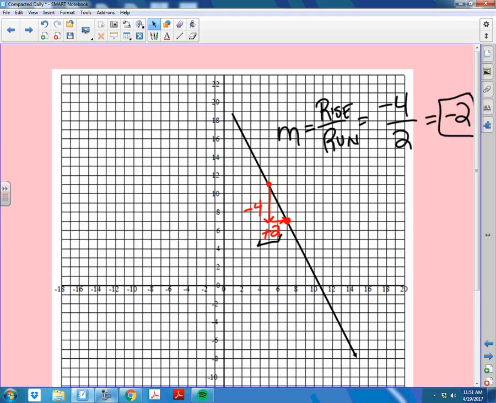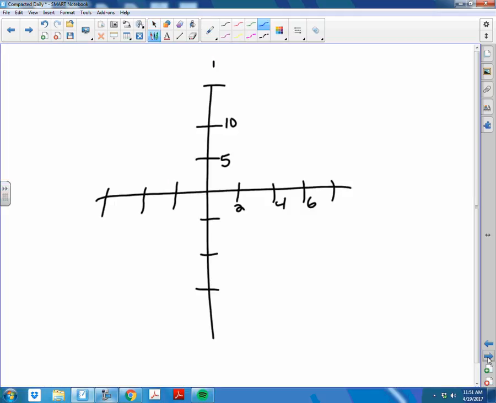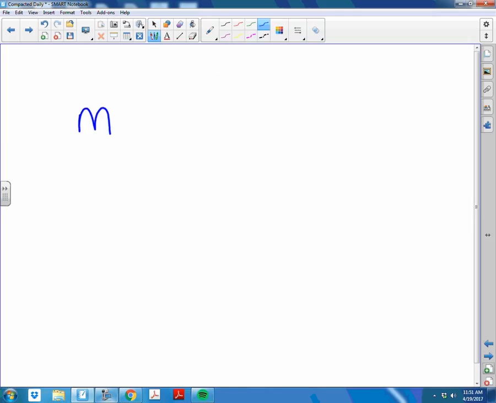Because the expectation is that if you're in upper level mathematics, you can make a whole number into a fraction instantly. How do you always make a whole number into a fraction? Put it over 1. So when you're thinking about something, if I tell you that the slope of a line is -5, where I want you to end up by the end of this week is I want you to be able to create